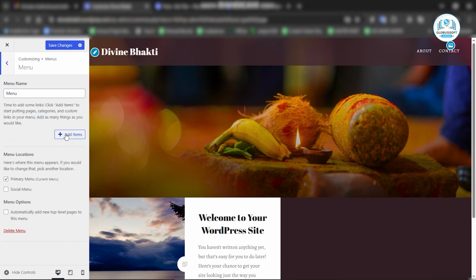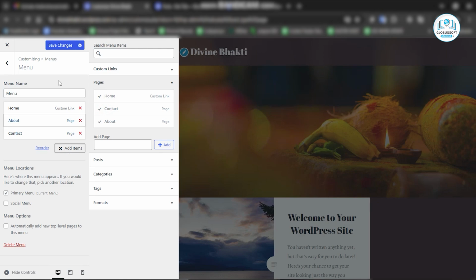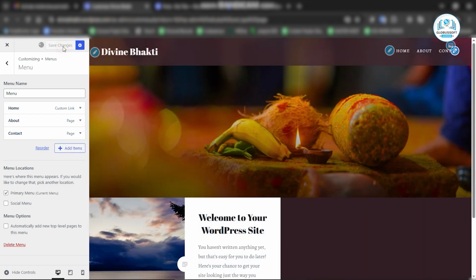Then next. Now I have to click on add items and add it sequentially, like home, about, contact. Once I add all these, I just click on save changes and you can see here. Once done,